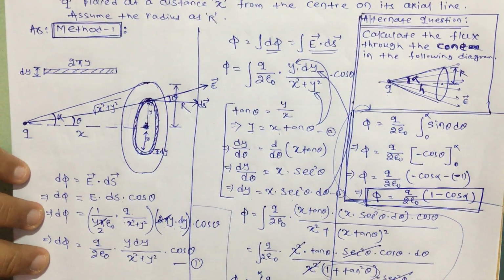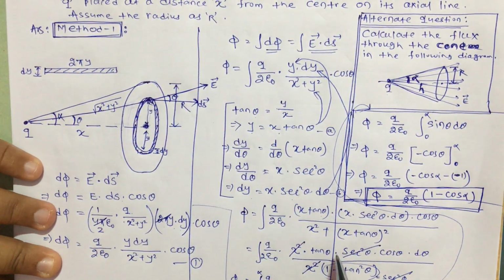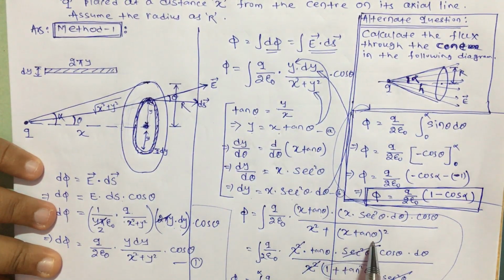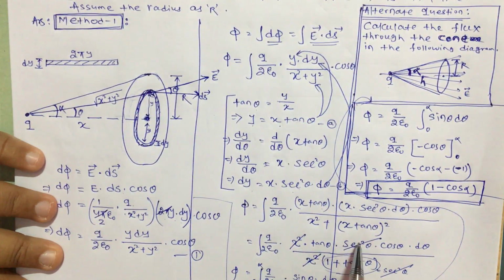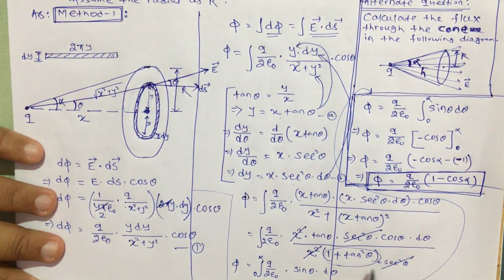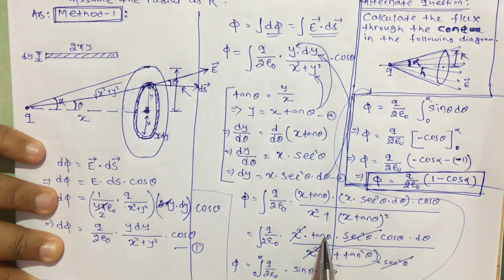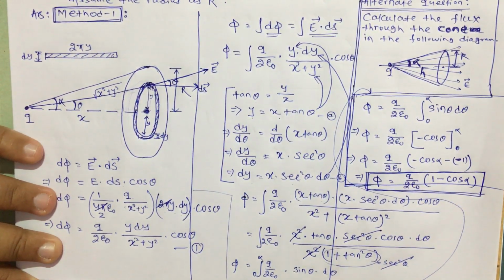Is it clear? Now here you can see x and x, it is x square, and the remaining thing as it is. In the denominator, x square plus x square tan square theta. So I can take x square common there, and it will be 1 plus tan square theta. So x square and x square cancel out, sec square theta and this will cancel out, because 1 plus tan square theta is nothing but sec square theta. So they are cancelled out. The remaining thing is tan theta into cos theta. Tan theta is sin theta by cos theta, here cos theta. So cos theta cancels out, the remaining thing is sin theta. Tan theta into cos theta will be sin theta, very simple trigonometric functions.